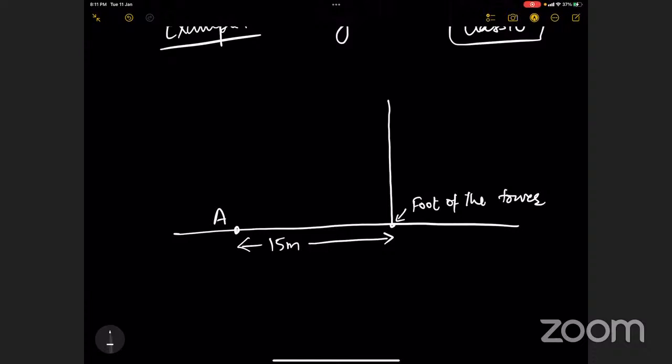अब इन्होंने यहाँ पे किसी क्वेश्चन में आपको सिचुएशन दी होगी, आपको ये बताएंगे नहीं कि एंगल ऑफ एलिवेशन है या डिप्रेशन है, आपको अपनी अंडरस्टैंडिंग से डिसाइड करना होगा। बट यहाँ पे इन्होंने ऑलरेडी बोल दिया कि एंगल ऑफ एलिवेशन है, तो इससे हमें पता चल गया कि हम पॉइंट ए से ऊपर देख रहे हैं क्योंकि एलिवेशन हो रहा है। ठीक है, एंड कहाँ देख रहे हैं वो हमें पता चला, टॉप ऑफ द टावर। तो हम जो पॉइंट ए है और जो टॉप ऑफ द टावर है, इनको ज्वाइन कर देंगे।